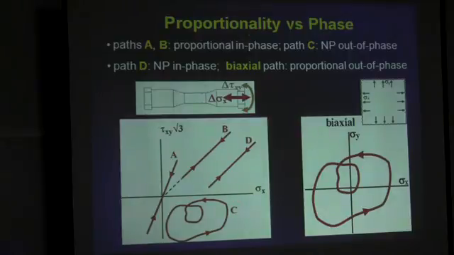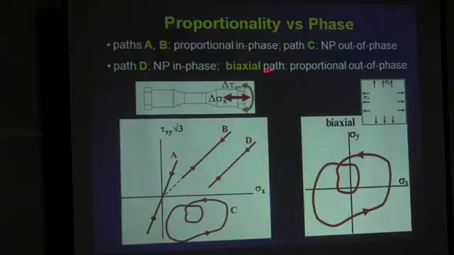Path C is non-proportional out of phase. However, this path B here that doesn't go to the origin, it's non-proportional, but it's a mean phase loading. It's a mean phase loading with different mean stresses that make actually this principal direction vary. And on the other hand, if you have a